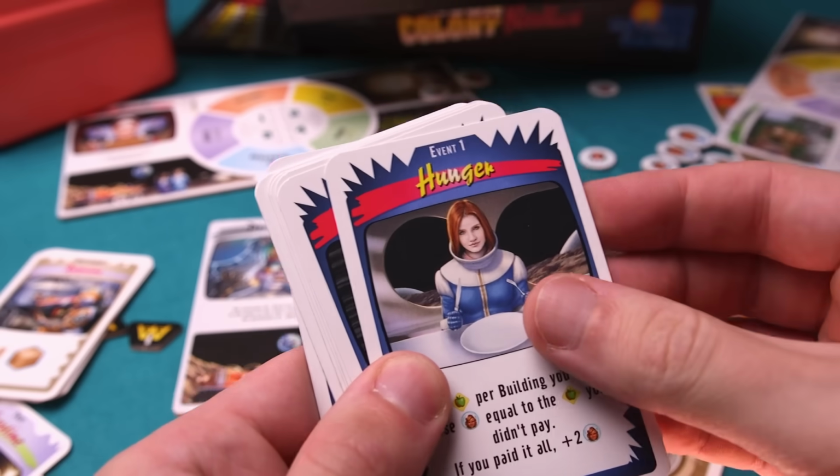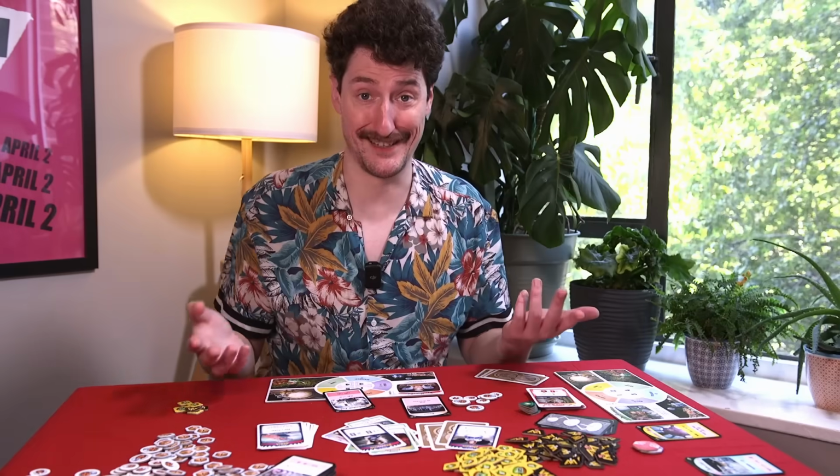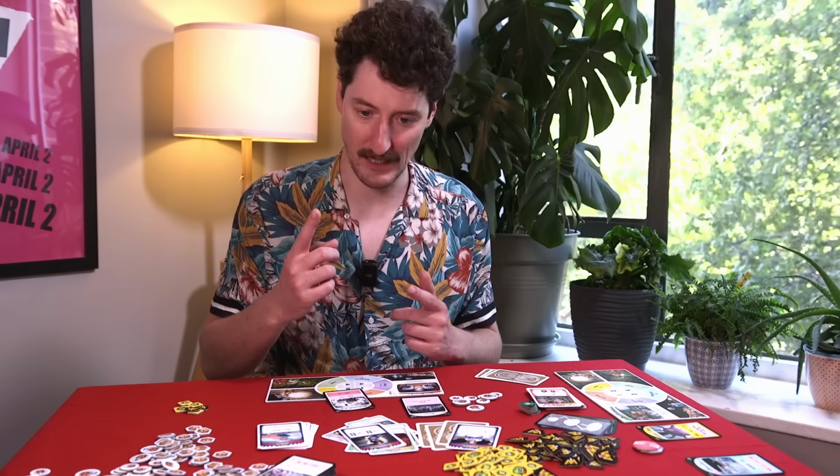Initially, these aren't too bad. People are hungry and need to be fed. That seems reasonable. The second event card is just paperwork. That doesn't seem so bad, it's just paperwork. It just means draw 1 card, then discard 2 cards. But I've only got 1 card, so...